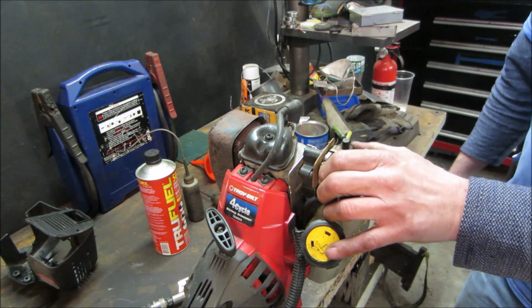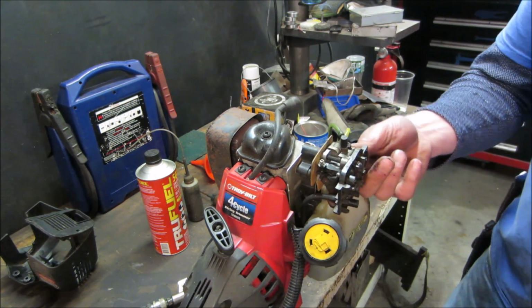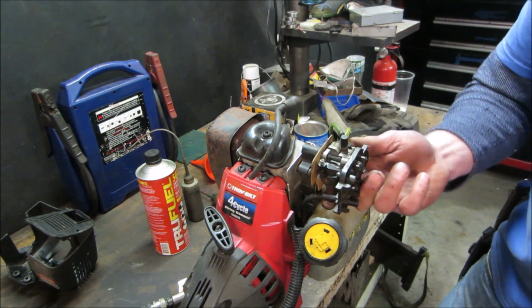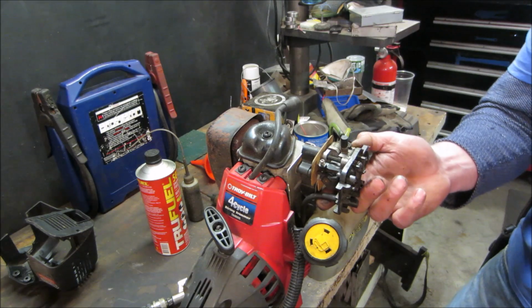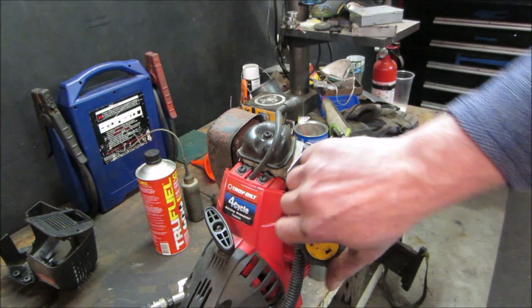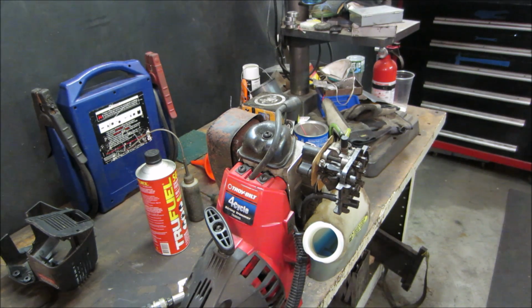I do not see it priming the line though. The fuel lines are not filling up. So it's either got a broken fuel line down in the gas tank and it's not able to draw, or the carburetor is screwed up. Yeah, you hear it stuck in there. Sometimes the fuel line gets so rotted, it'll literally just fall off inside the tank. The weight, the filter there is on the bottom of the tank